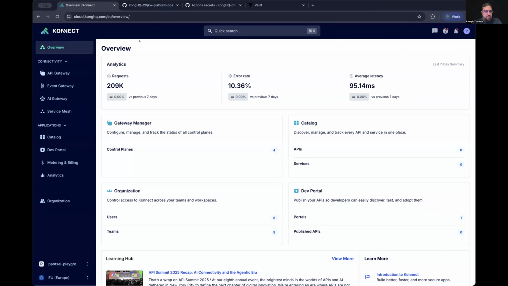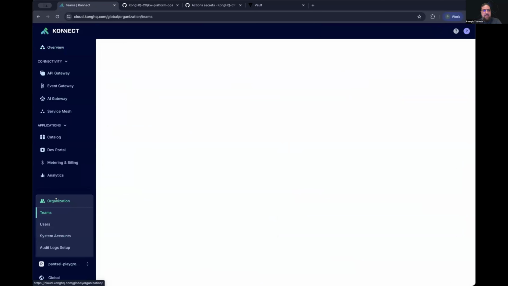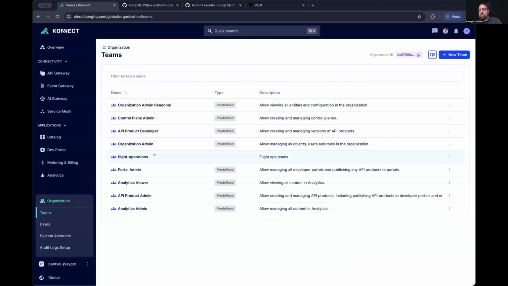What I want to show you first is a brief overview of what the state looks like so far. As Jordi mentioned in the previous two webinars, we went through a series of different actions. So at this point, as you can see, I am logged in to my Konnect organization. Under my organization, you can see that we have our flight operations team that has already been self-served and onboarded